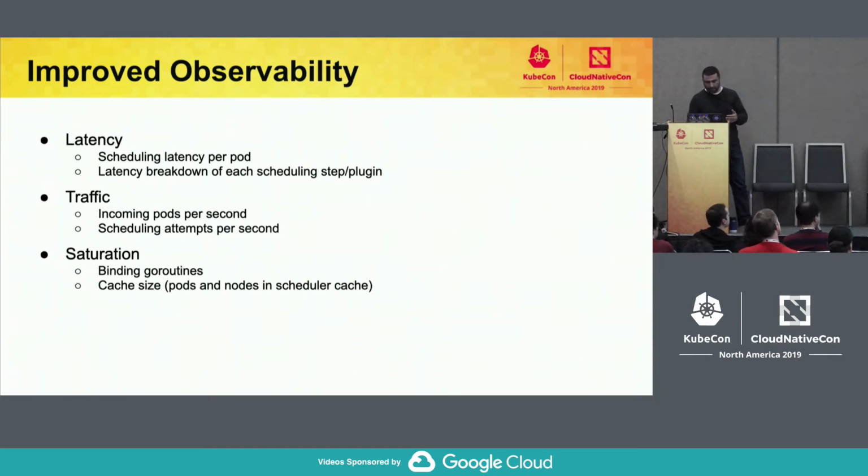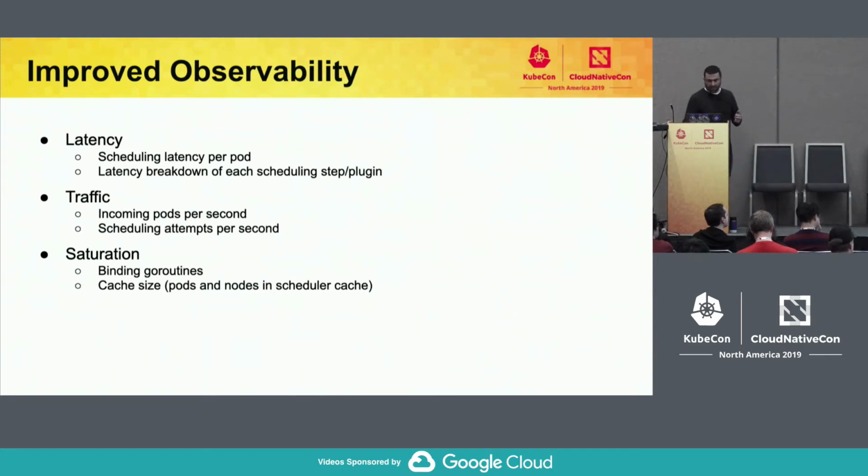And the other thing we added is latency breakdown of each scheduling step or plugin. So we have better tracing and the ability to break down, if you want to see, okay, why is my pod not getting scheduled, or why is my scheduler slow, you can now break down by plugins. Basically, you can see if the pod affinity plugin is the one that is slowing things down,